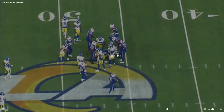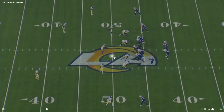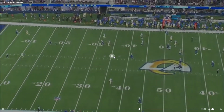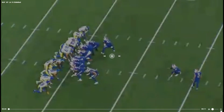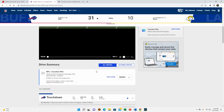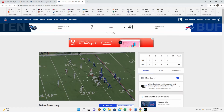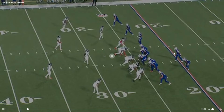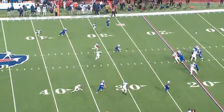Yeah, they're going to do these designed quarterback runs, and the Dolphins did not do well against that against the Ravens, so I am concerned about that with the Bills. Now, Josh isn't quite the athlete that Lamar is, but he can still absolutely kill you with it. And he's given us problems running the ball every time we've played him, really. The thing with Josh is that he's a bigger threat throwing the ball than Lamar. And that's not to say that Lamar can't pass, because that's not true. But Josh is a little bit more dynamic with it. So, in a way, that sets up his runs a little bit more effectively. Now, Lamar is catching up, but